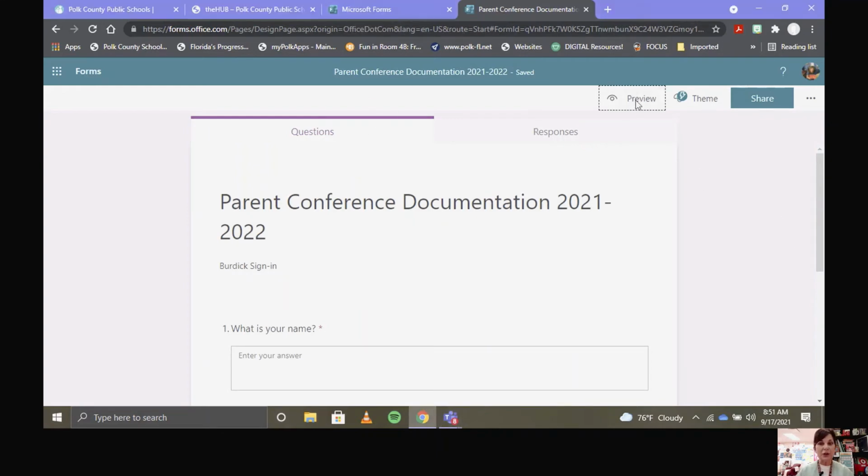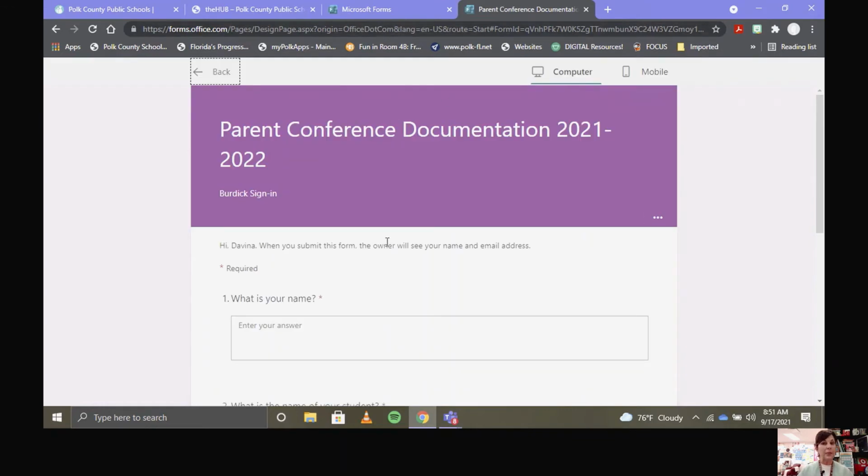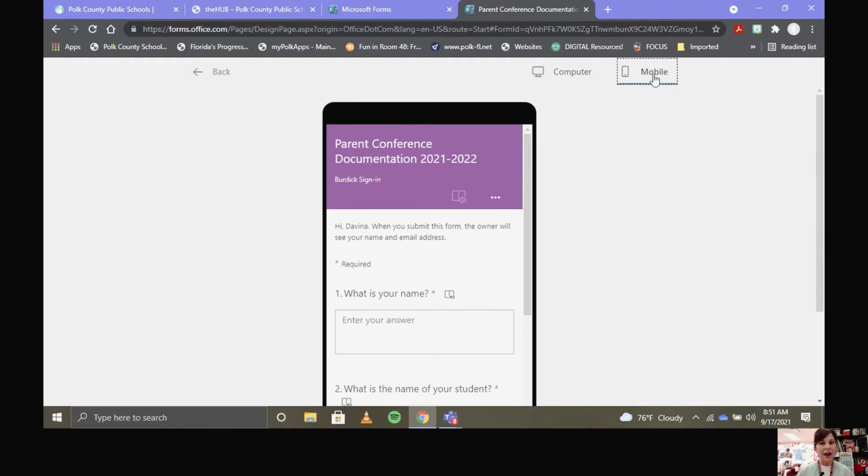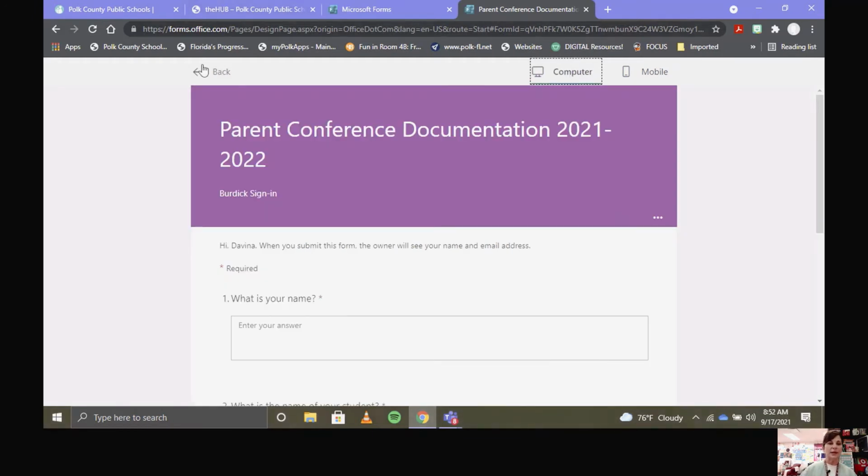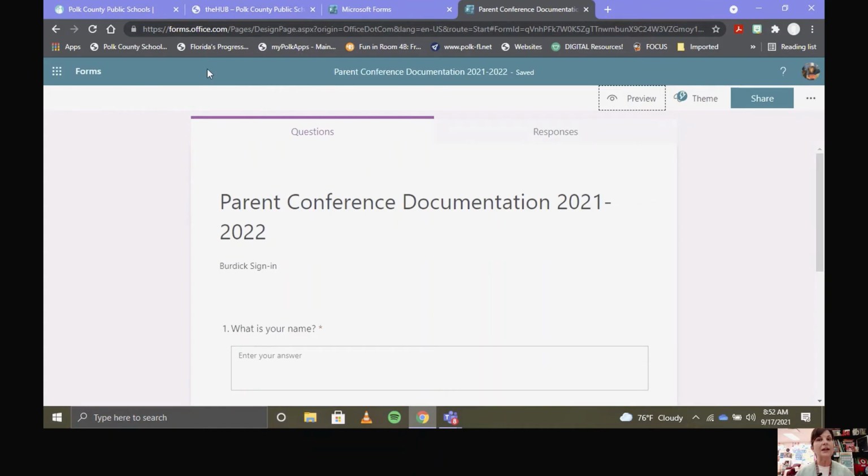You can then preview. So this is how the parents will see it. And you can even see how it would look on their mobile device. So what I'm going to do is go back, and now let me show you how to share it with